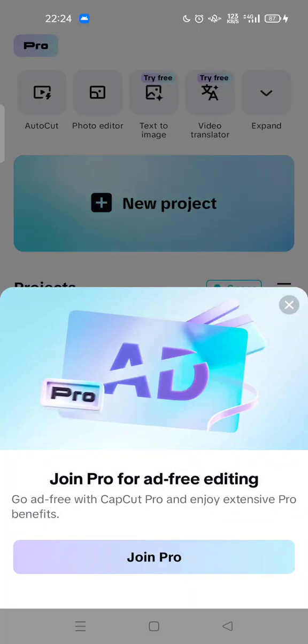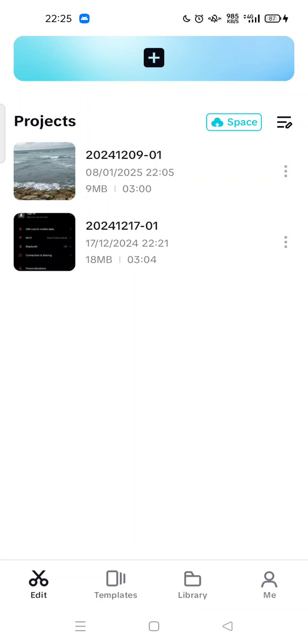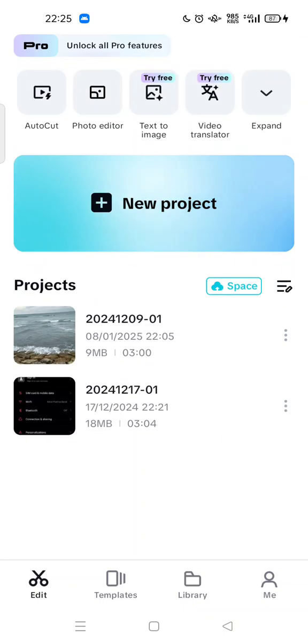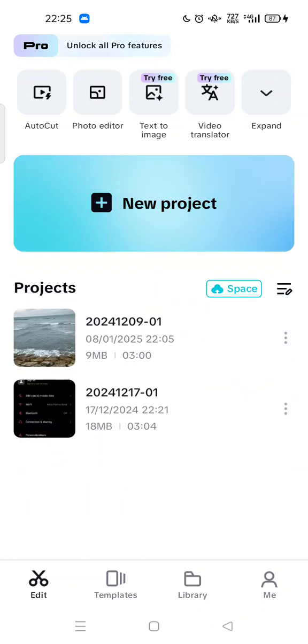Today I'm going to show you how you can fix the CapCut app "file not supported" error. So here, this is an easy, quick solution for you. And here, in order to fix this issue, when you try to open this app and it says the file is not supported, you